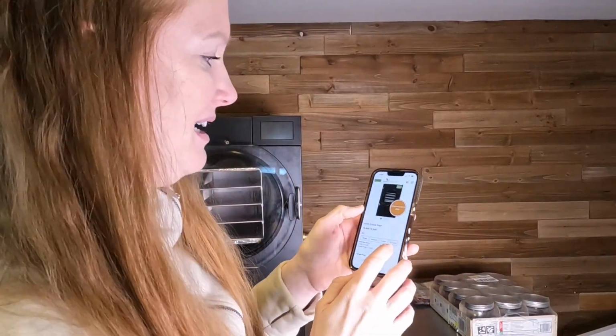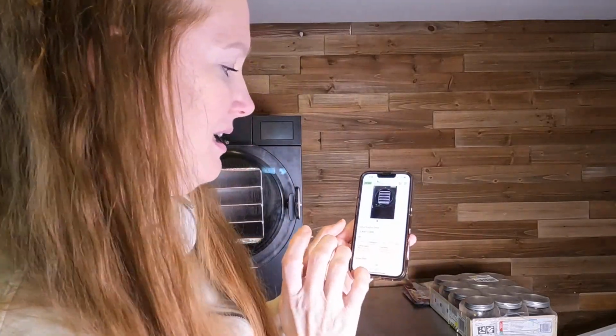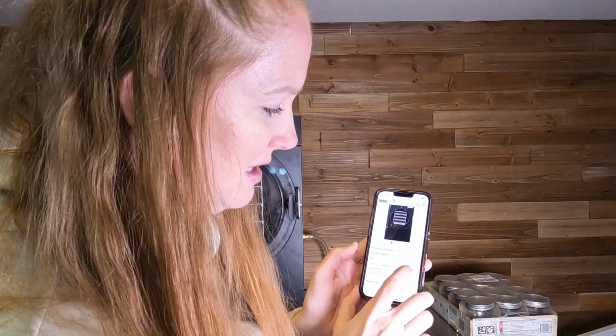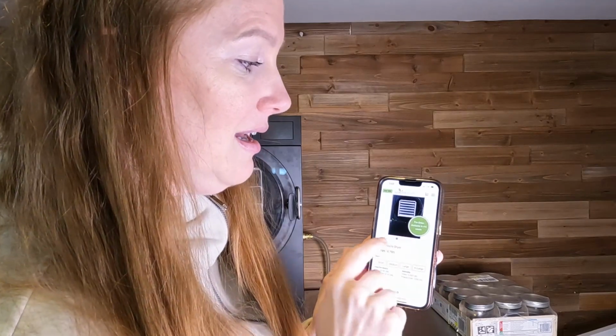Okay, I have just pulled up the Harvest Right website for a small freeze dryer, which is out of stock, but the price is $2,395. Medium, you are looking at $2,895. Large, you are looking at $3,595. And XL, which is available for pre-order, and it says it'll be ready in 4 to 6 weeks,